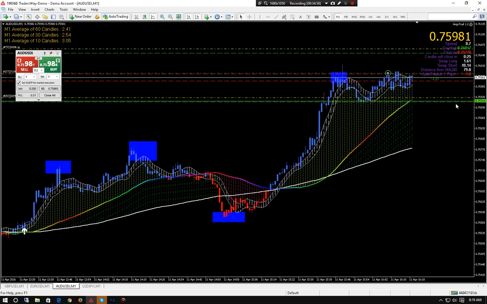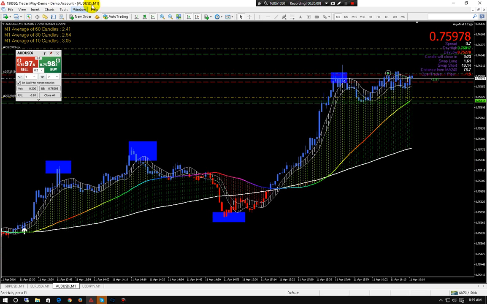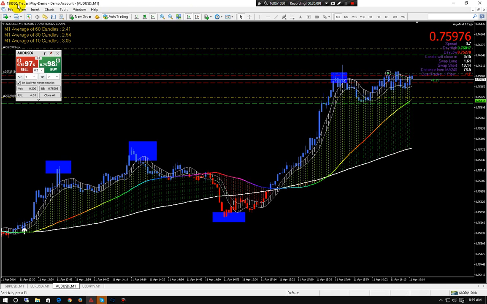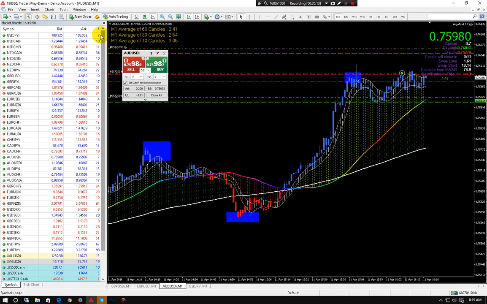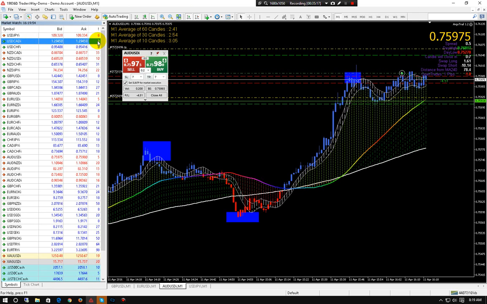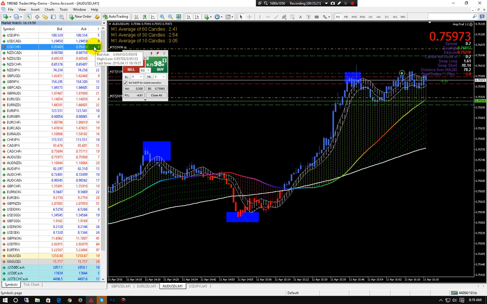This is AUD USD. And see, the reason I'm concerned about US Open so much, if you notice, every single pair I have open has USD in it. I do this for one reason. Look at the spread. Here's USD JPY, less than 1. US CAD's less than 1, so it's an option for you. USD CHF is less than 1, so it's an option for you.